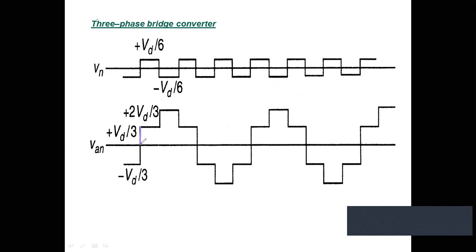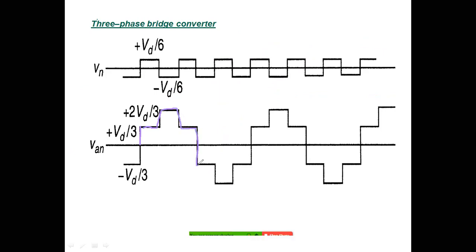So this way we calculate the phase voltage. You can see that there are 6 pulses, 3 pulses in positive and 3 pulses in negative. So this is also called a 6 pulse converter. This is very important, and it is not sinusoidal, but you can approximate it further, you can go on increasing the number of pulses or levels, so that you can make it near to sinusoidal.